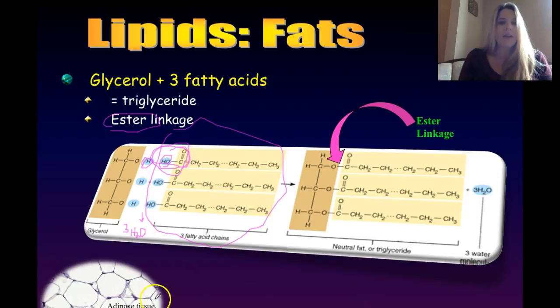Now I've put over here a picture of what adipose tissue looks like under a light microscope. Adipose is another name for fat. So if you were actually to take a sample of your fat, I got plenty of it, and look at it under a light microscope, that's what it would look like. And what's cool is inside the space is actually oil droplets, the actual fat. And the nucleus and all the organelles are actually pushed up against the sides of the cell membrane because the fat droplet, the oil, takes up all the room.